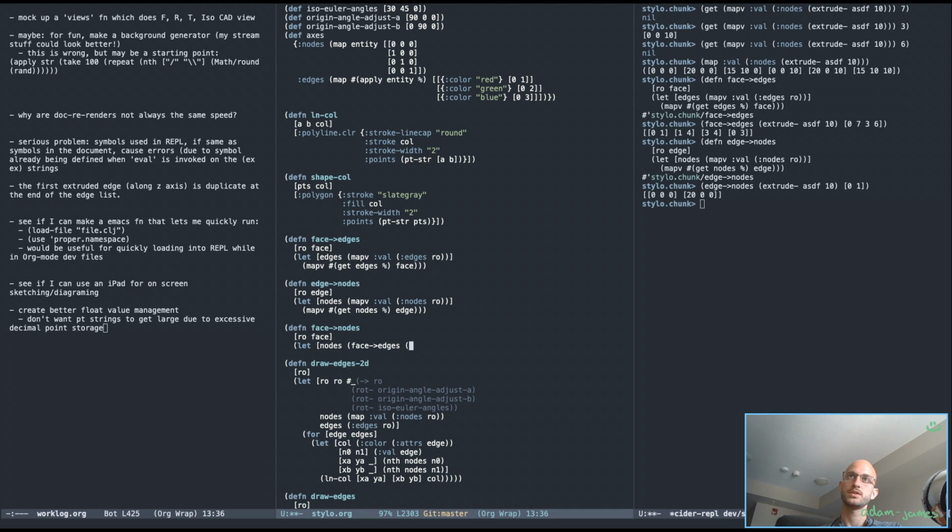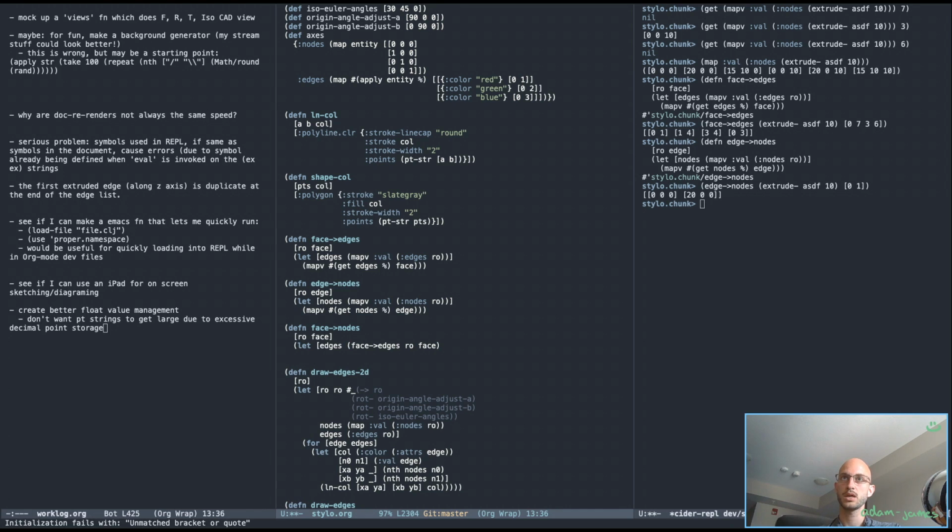Then you have to do, well, you have to map, well let me just break it down simple. Let's grab the edges first. The edges are going to come from face to edges of row with this face, yeah? Then